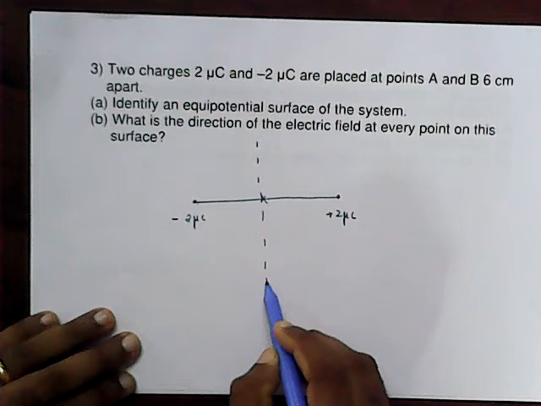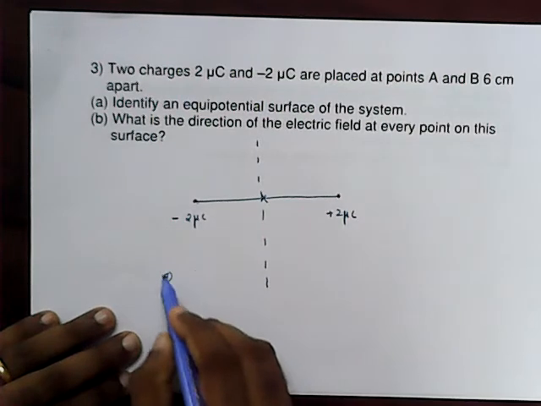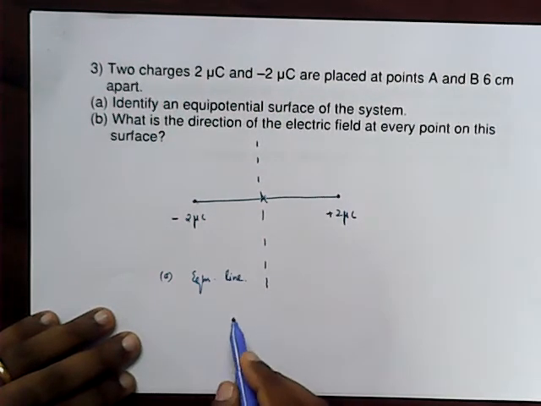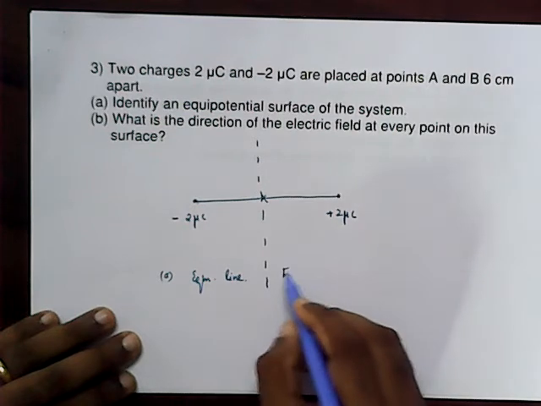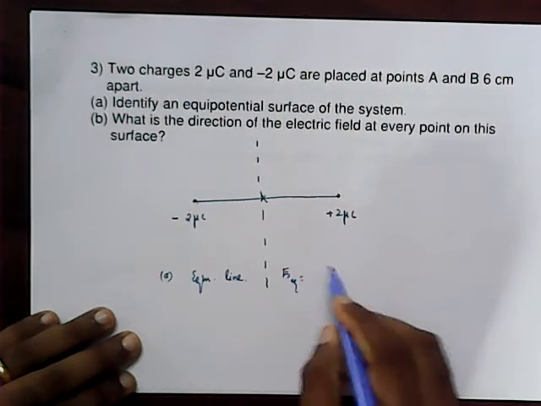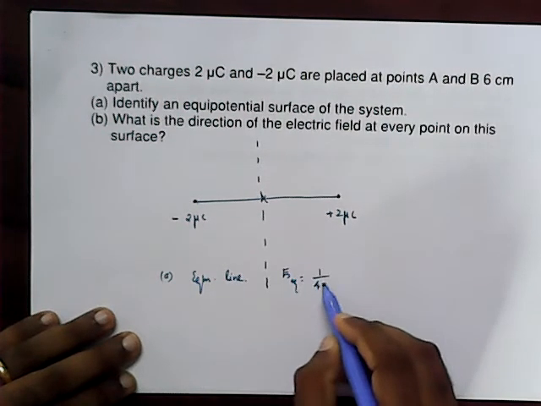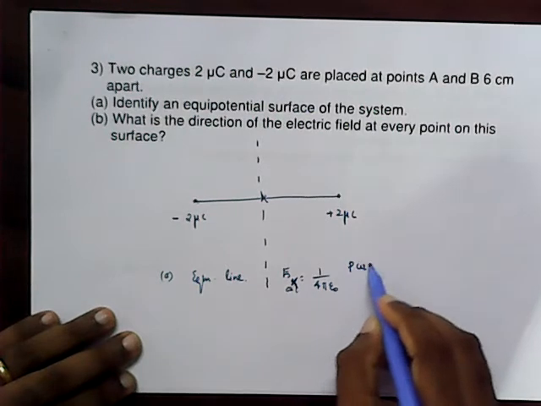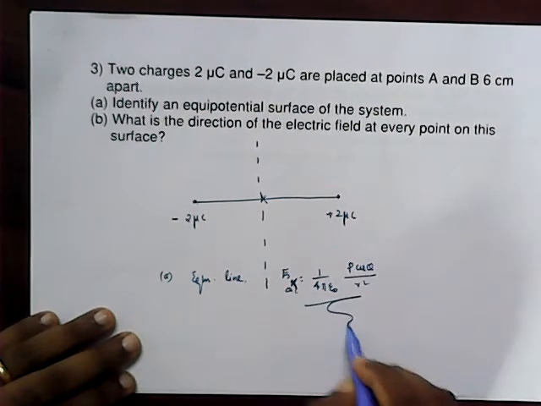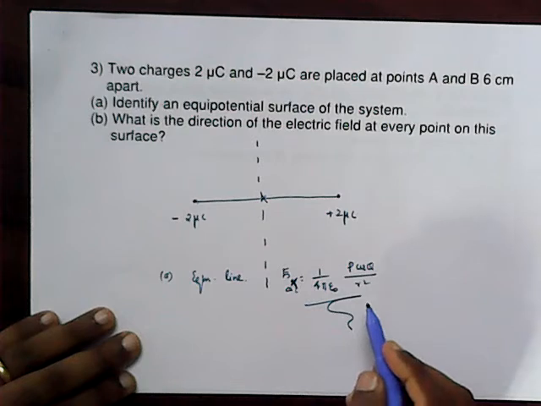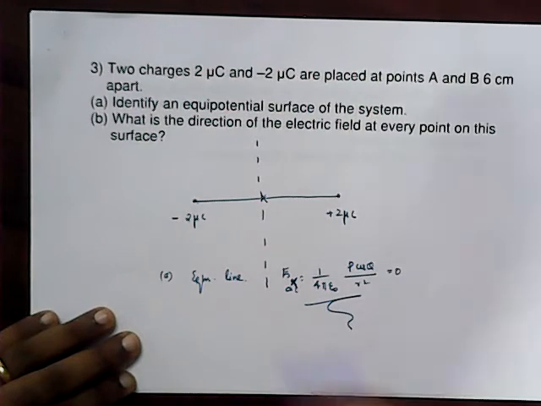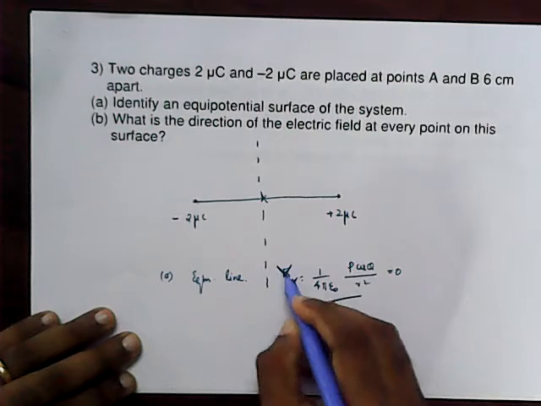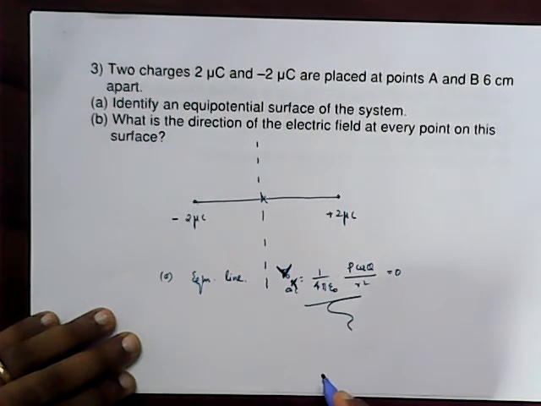It is a very important concept. On the equatorial line, the potential is 0. And keep in mind the formula: at any point, V is equal to 1 by 4 pi epsilon 0, at any point theta, given as P cos theta division by R square. So here theta becomes 90, and you get the value V is equal to 0 at any point. Look, it is not the electric field, it is the potential.